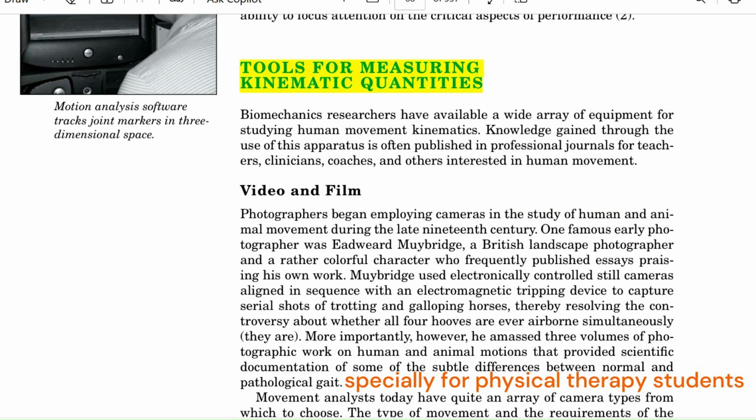So we need modern video systems, right? Standard video cameras capturing 30 frames per second are sufficient for analysis of general movement. Majorly, we don't need picture cameras or photo cameras right now. We need video cameras, because in today's era you can just take a video of any movement and go for the analysis of that movement.